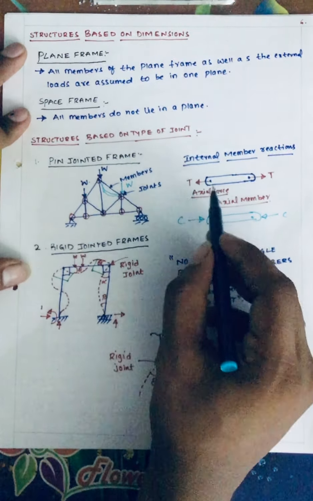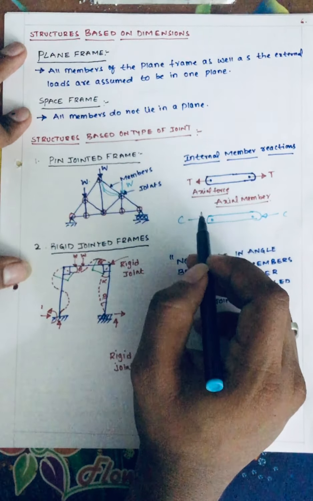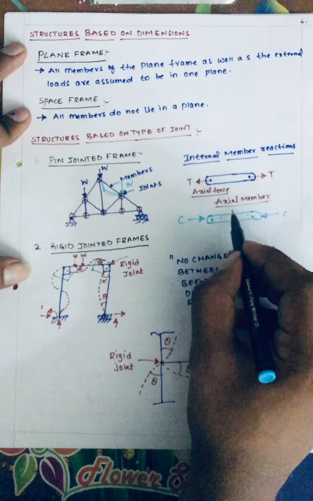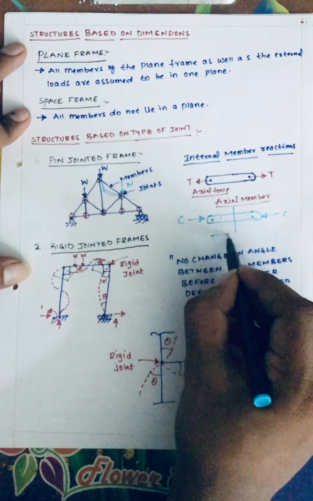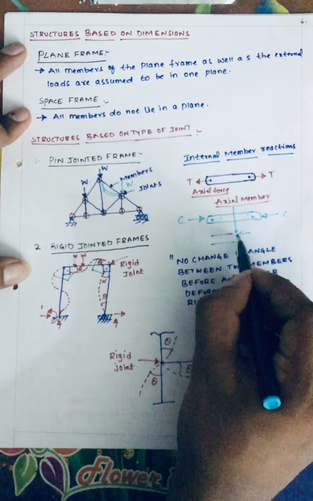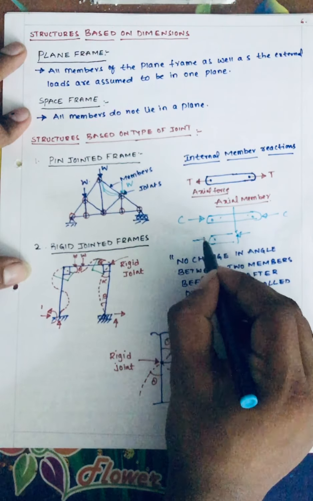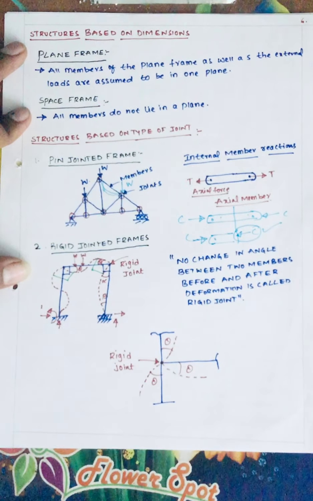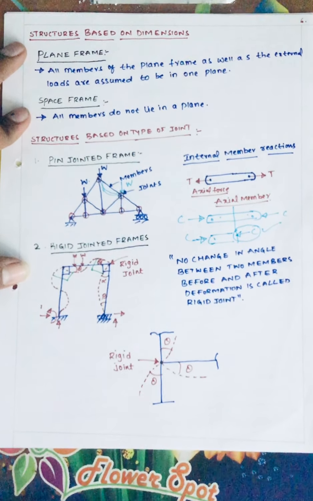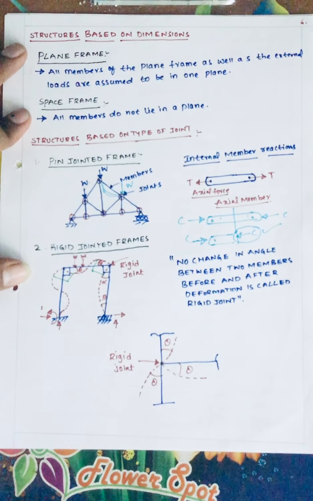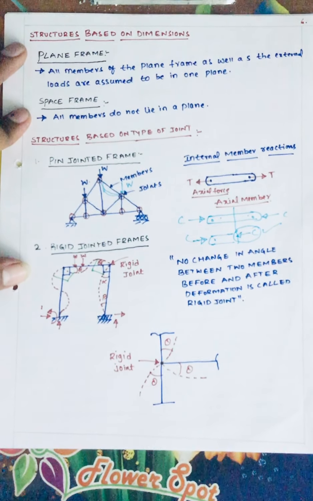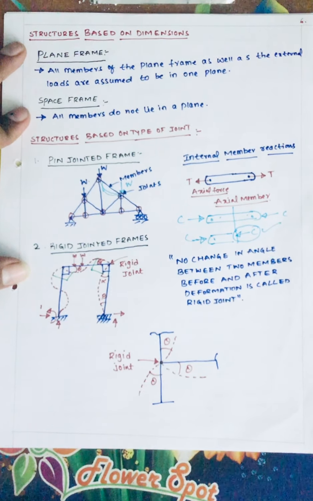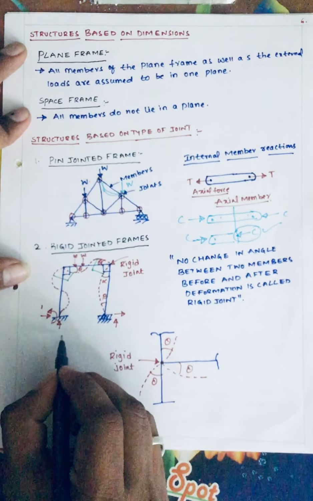All right. So now this is a pin jointed frame. We have to analyze this pin jointed frame and calculate the internal member forces. If you cut a member here, what type of force will we see here? Again there will be a member force, that is an axial force, compression. This is the external reaction which we have to calculate in our structural analysis. In pin jointed frames, our interest is to apply the loads on the joints, not on the members, and also to calculate all the internal forces of the members. Okay, next, rigid joint. So this is a portal frame.